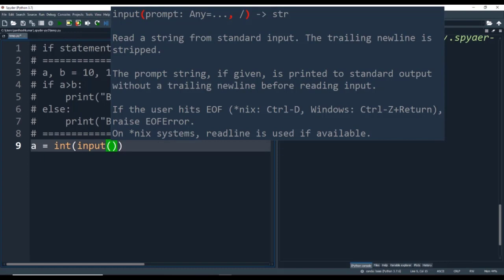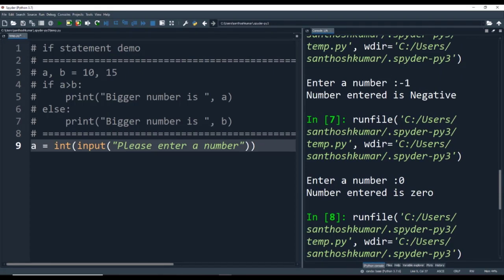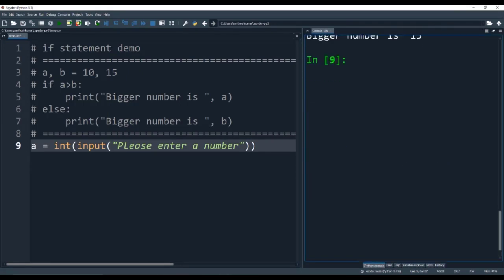The input is basically a number, so I will typecast it into int, and then I will use the input statement and display this prompt for the user: Please enter a number. So here the prompt would be displayed when the program is executed, and it will wait for the user to give in a number, and that number would be typecasted into an integer.